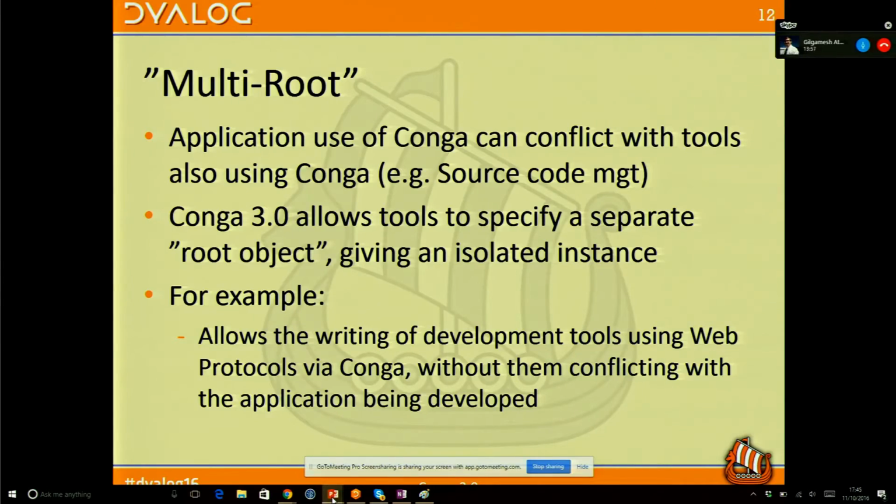Right. So MultiRoute. One of the things we found as the use of Conga grows, is something that I think is very common when you build a tool. You imagine it's going to be used for some purpose, and then somebody like Kai or Phil has decided they also want to use Conga to talk to their source code management system. And suddenly you have a conflict between the TCP resources that you're using in your application and the source code management system. And I think Kai's had to jump through hoops backwards to try and isolate. He might actually want to use a different version of Conga sometimes. Well, he can still load two DLLs.